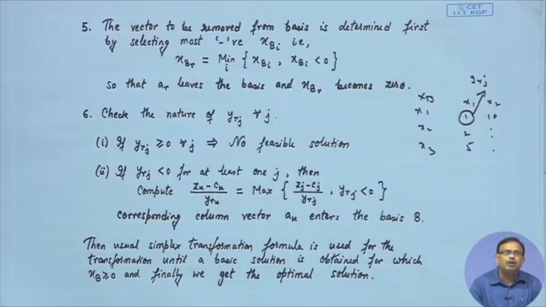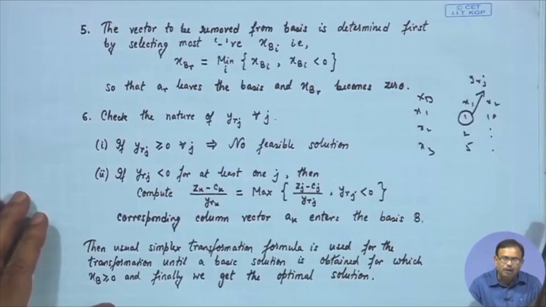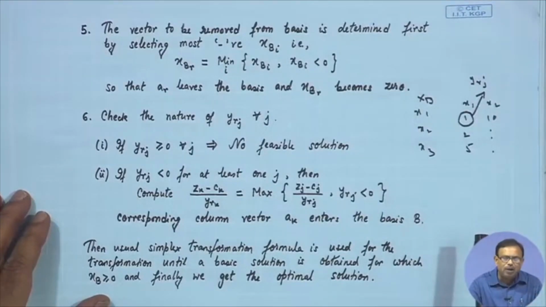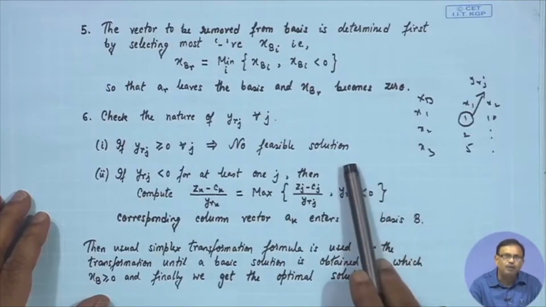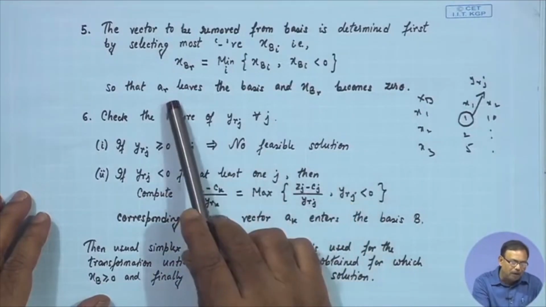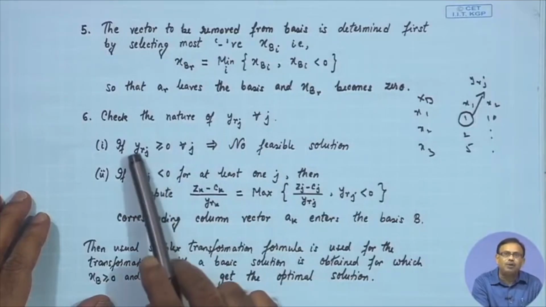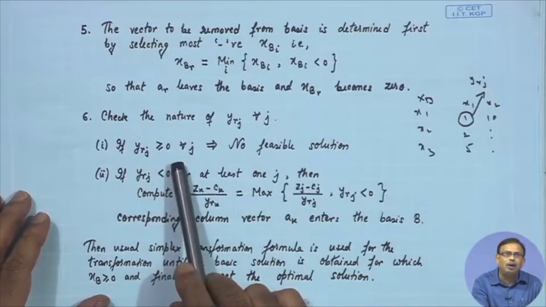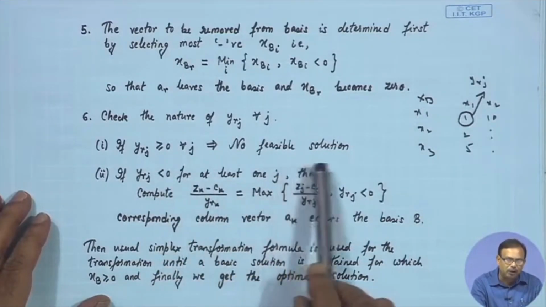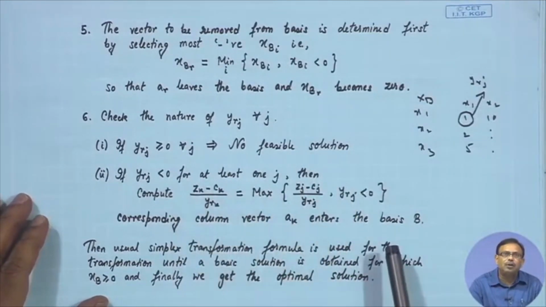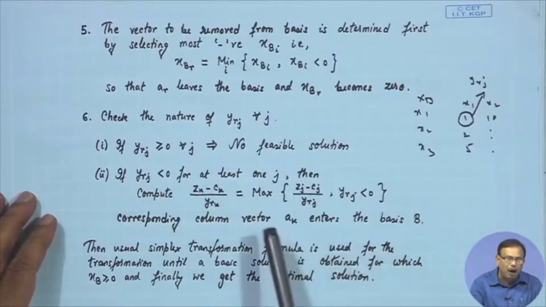If y r j is greater than or equal to 0 for all j, that is, corresponding to that departing variable, if all the y r j values are greater than or equal to 0, then we say that there is no feasible solution. So, please note that corresponding to this departing vector a r, whatever values we denote by y r j, if all y r j are greater than or equal to 0, in that case there will be no feasible solution. Whereas, if y r j is less than 0 for at least one j, then you have to compute